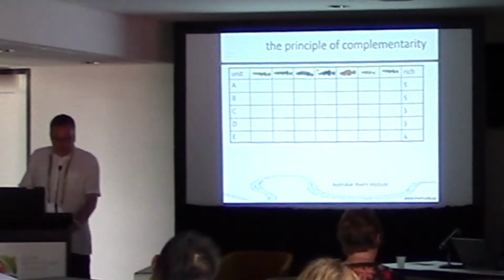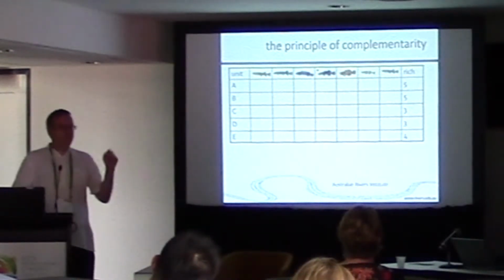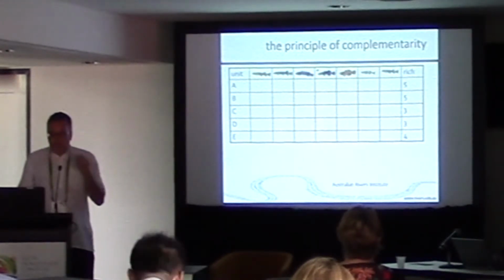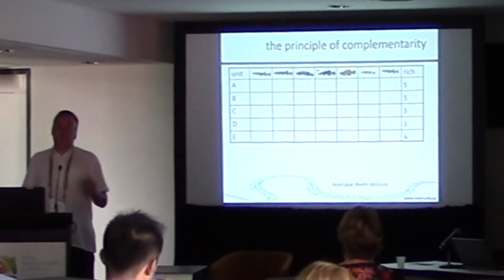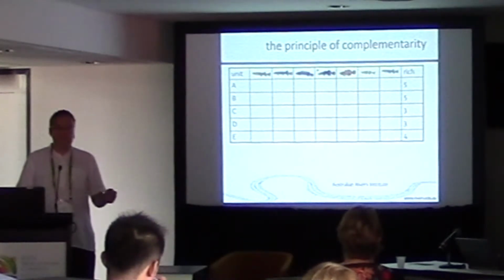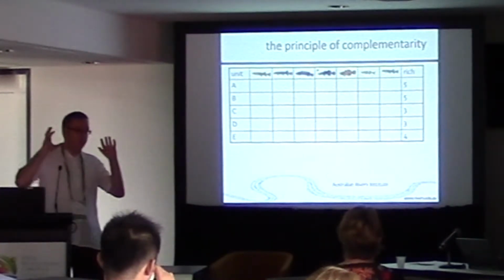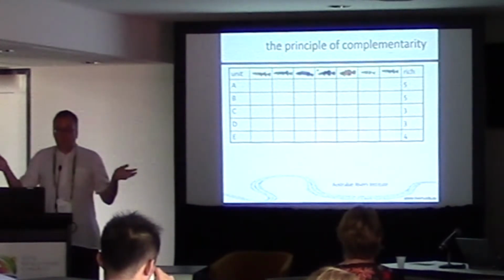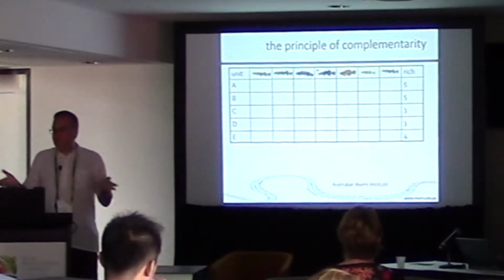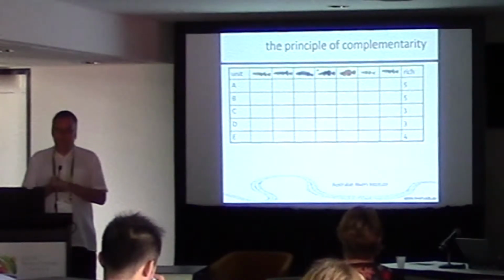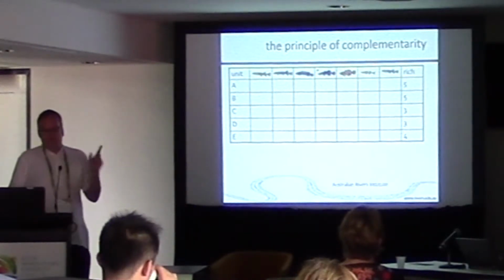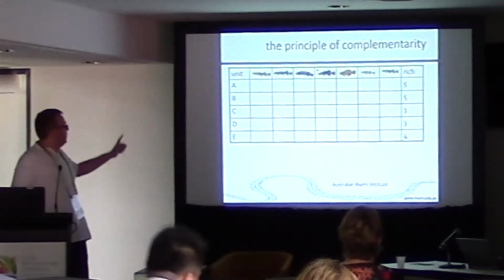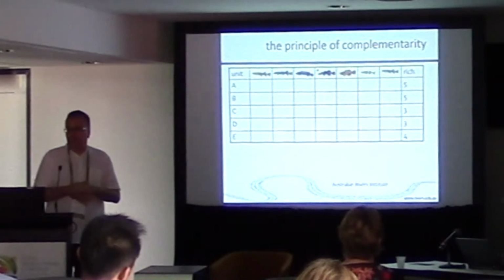So one of the key principles is the principle of complementarity. Little thought experiment. We have 7 fish species, 5 subcatchments, right? So if we were to use richness scores, which still a lot of people use, so they basically count fish and say, we've got 10 fish here, 15 fish there, 20 fish there. We'll grab the one with the 20 fish that will give us the best bang for the buck. It often doesn't work.